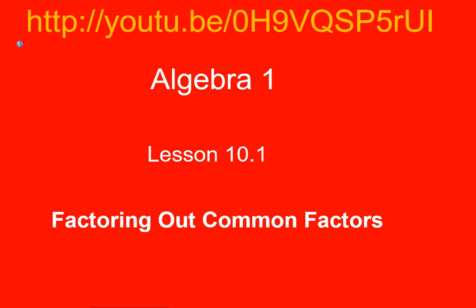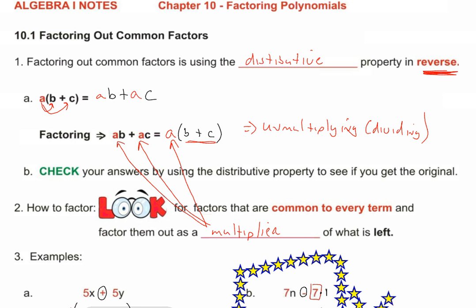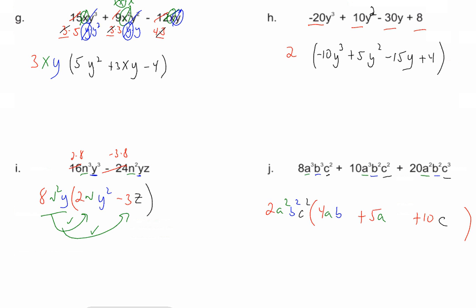Because again, most of you still struggle with the very first thing that we learned to do in factoring, and that is factor out common factors. And some of you better go back to this chapter, chapter 10, and look at lesson 1. And you better go watch the video again, because some of you still struggle with factoring out common factors. But more than that,